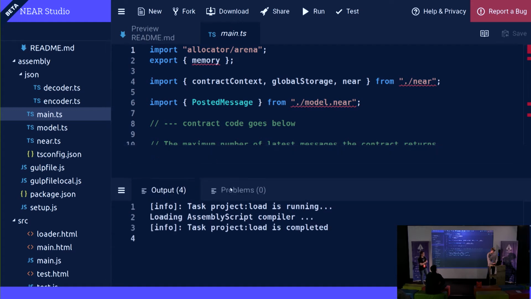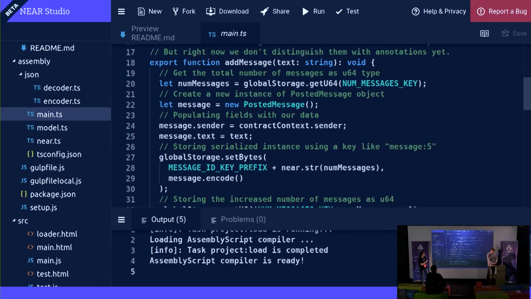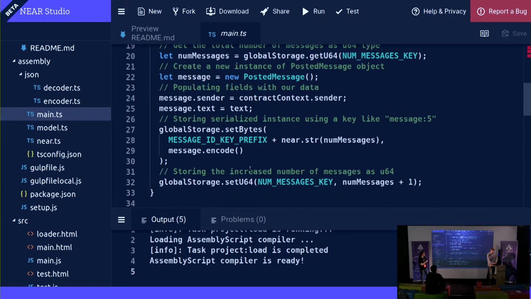So the way you interact with the storage on NEAR is slightly different than it is in Ethereum. Instead of having sort of class members, you have an API to the storage, which looks more similar to the way you do it in Web 2. Like if you're building a Node.js application, you're probably going to be using some sort of API like Firebase. Yeah, this is basically a key value pair storage.